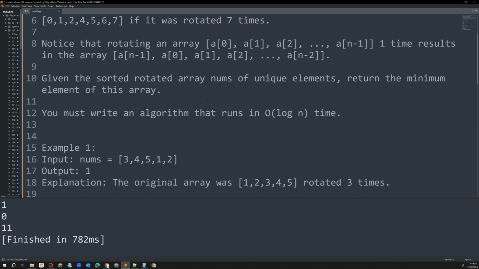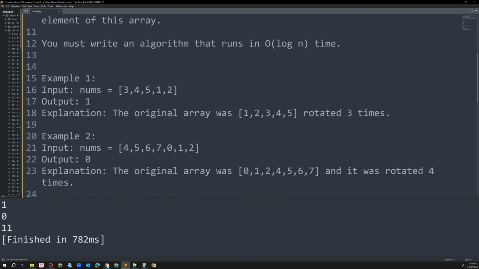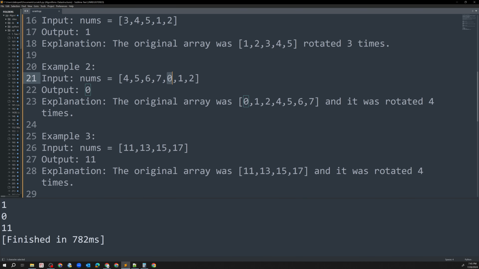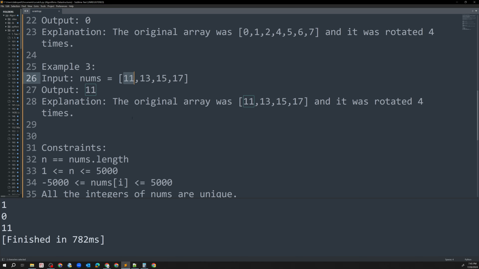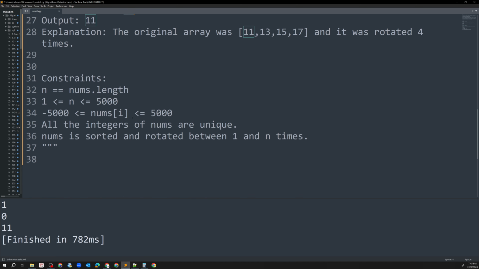Basically, if we look at the example, it is asking us to output the minimum value in the rotated sorted array. It is not asking for the number of rotations, it's just asking us to return the minimum value. The minimum value here is 1, here it is 0, and here it is 11. So you cannot use the function min of nums, but you need to write a program